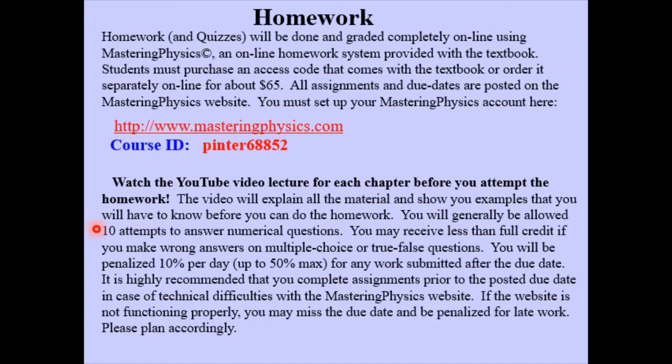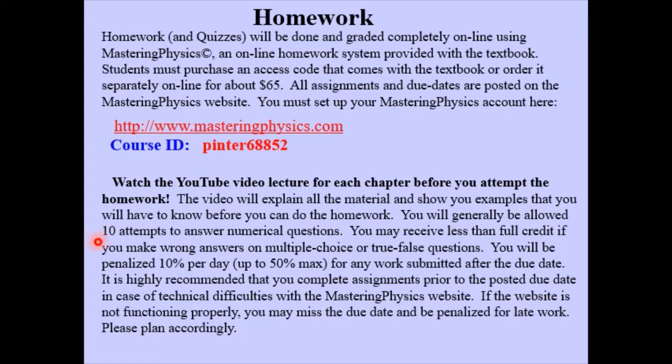And I've done this intentionally so that you can feel like you're getting confidence and accomplishing a lot by doing the homework and getting a really good homework score, because that's the way you're going to learn this material, and that's the way you're going to be able to prepare for the quizzes. Okay, so the homework shouldn't be super stressful because you got all those attempts to answer each question. And of course, if you're stuck on a question, you can email me for help, as long as it's not right at the last minute before the due date. I will get back to you most likely later in the day or the next day and show you how to do that particular problem that you might be struggling with.